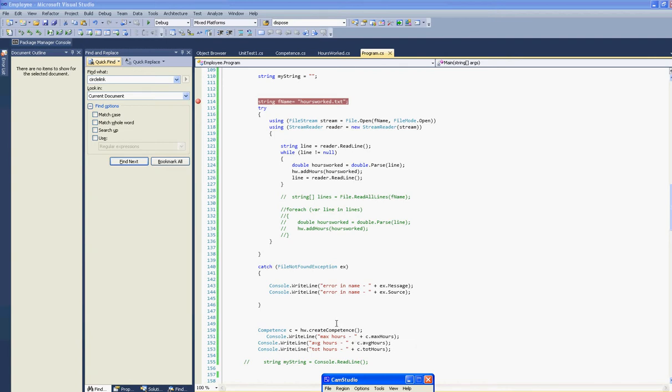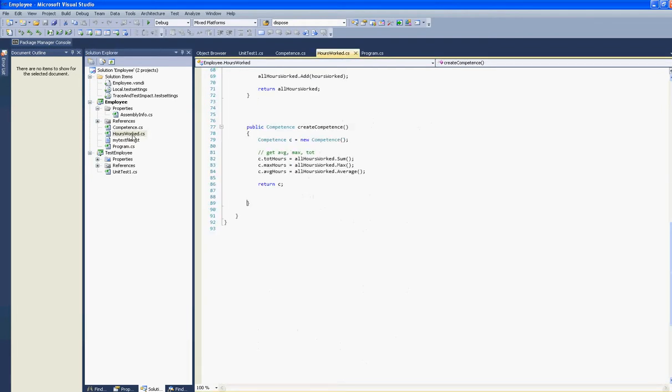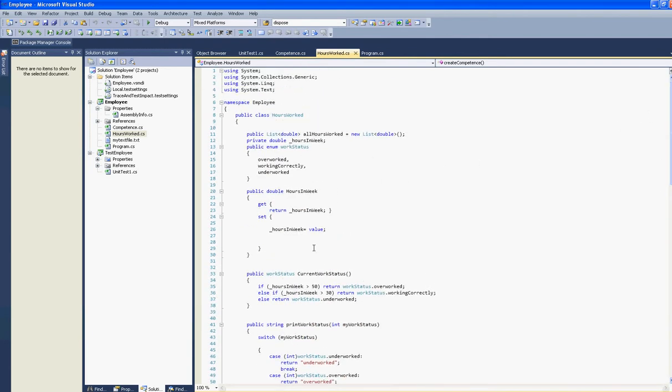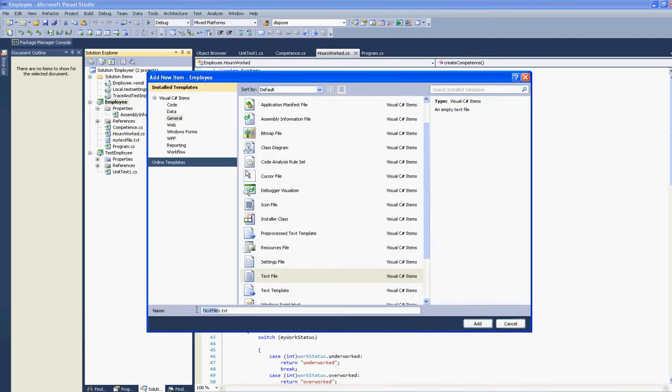Okay, we're going to look at some object orientation now and inheritance. The key to object orientation is to understand that once we define a class, then other classes can come under that which subsequently inherit. So we've got on the system now hours worked, which specifies various methods, and what we can say, we can add a new class, and instead of hours worked, it's something that's going to come under